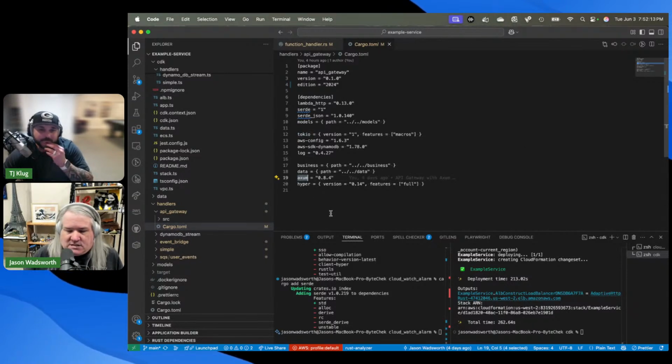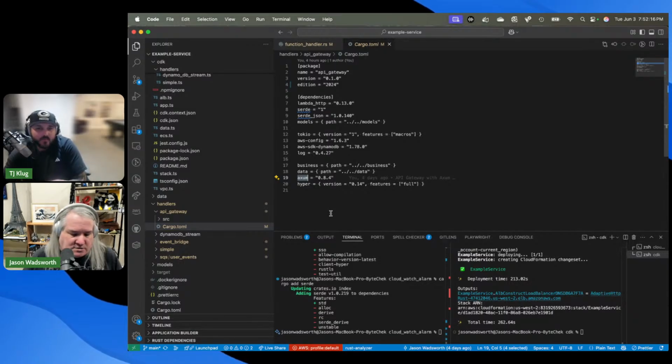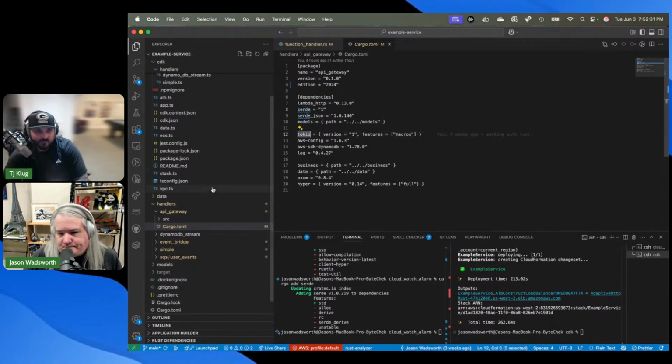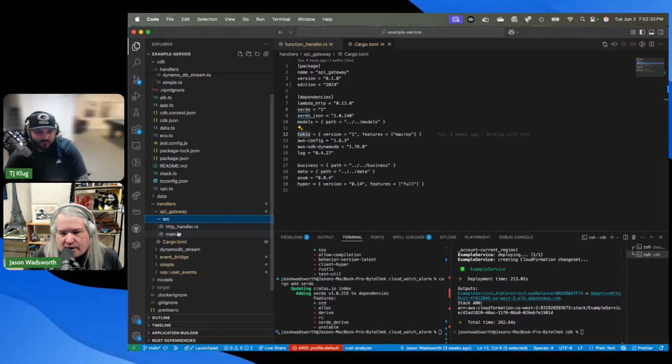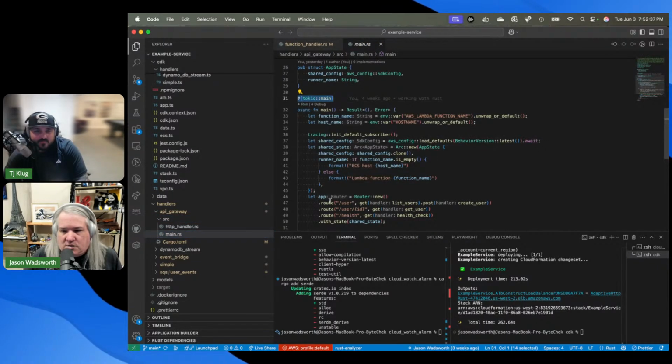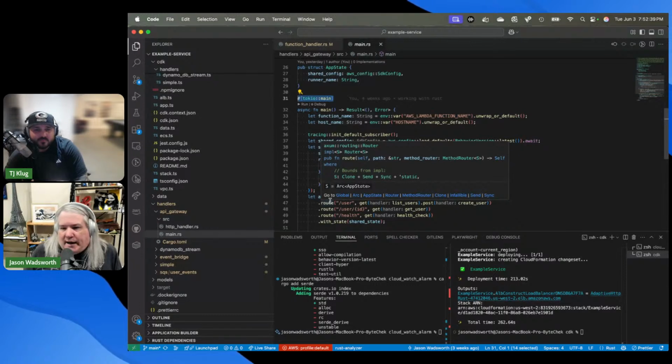And Axum is probably the closest, similar to Express. It's one of the common servers that you can use that kind of handle routing. Tokio's the JSON. No, that's Serde, that's the JSON serialization stuff. Tokio, I'll show you here a little bit. You'll see this on top of a lot of software. Tokio main. And ultimately, Tokio is an async runner.